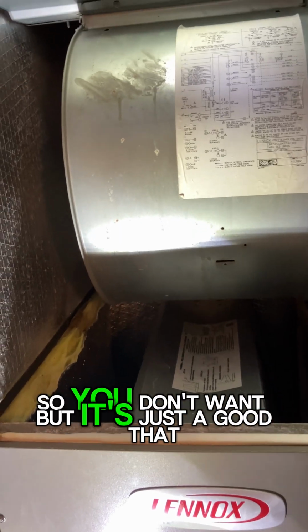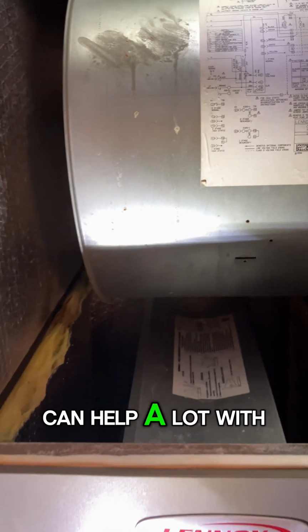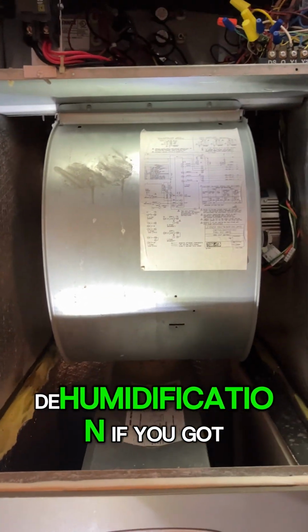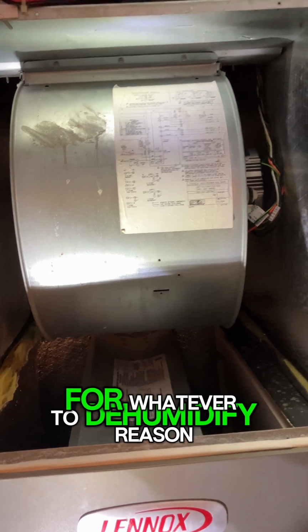So you don't want that, but it's just a good thing to know. A lot of times just dropping a fan speed can help a lot with dehumidification. If you got an environment that's really struggling to dehumidify for whatever reason,